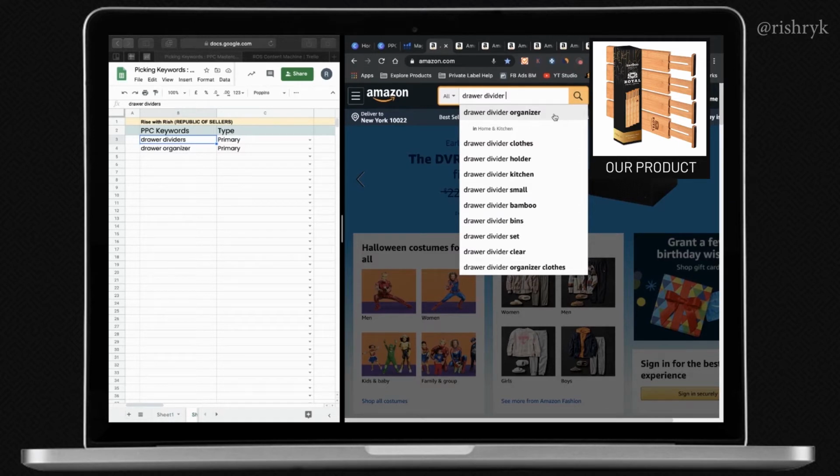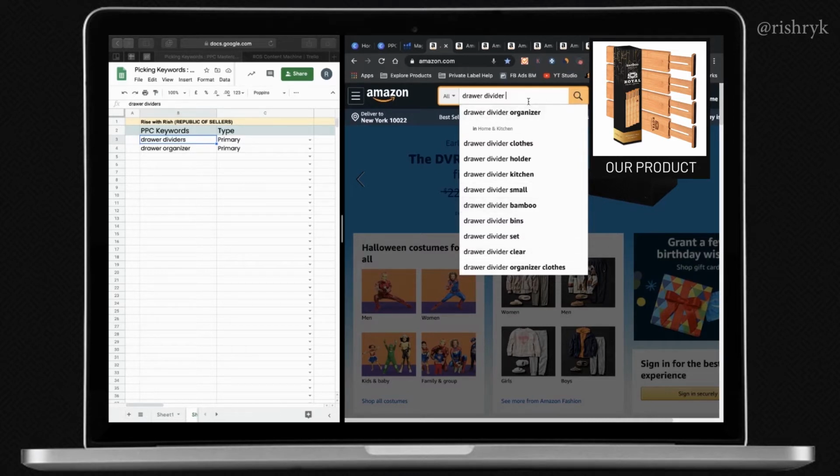So when somebody types drawer divider, it's very likely they are also going to type organizer. Therefore, you can use this insight and conclude that drawer divider organizer will definitely be one of the high volume keywords compared to, for example,